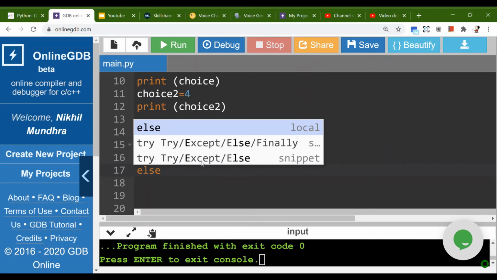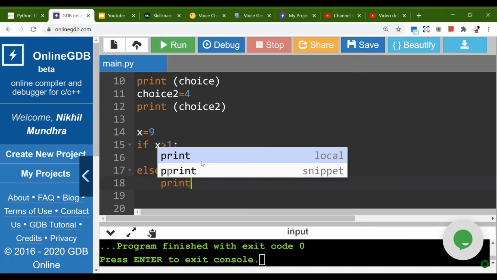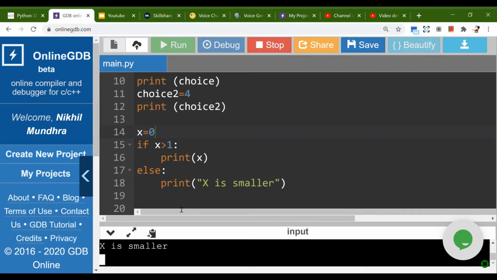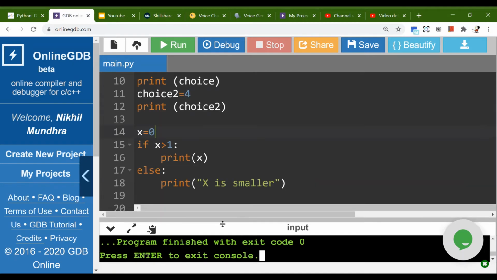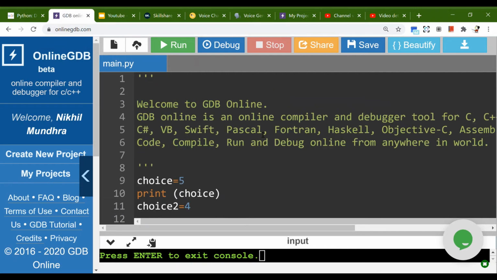Next we are going to take the else. Else is just a little brother of the if statement. You can't put a condition right there, because it's just like when you talk to someone verbally, like if this or this. Sometimes you use else, so you don't give a condition right there. If this doesn't happen, else is just a plan B. So I'll put x is smaller as a plan B,